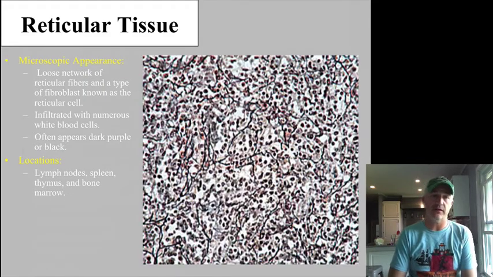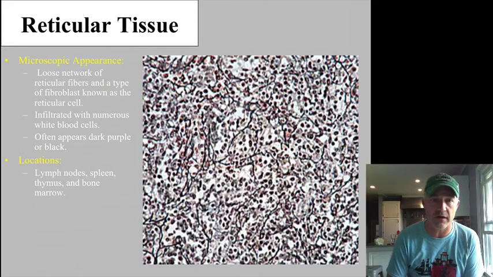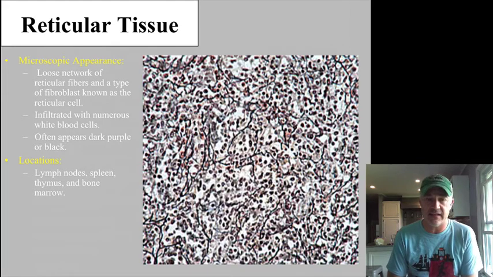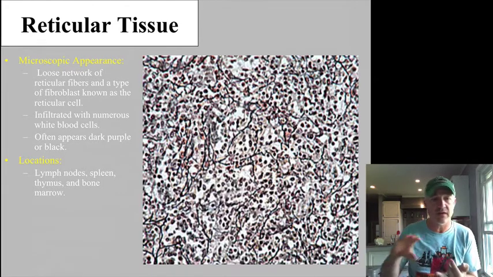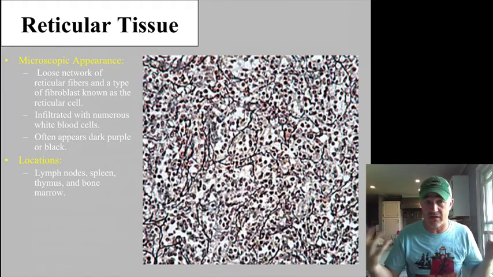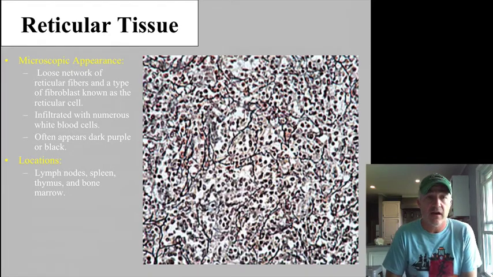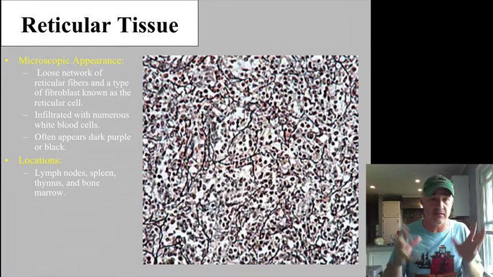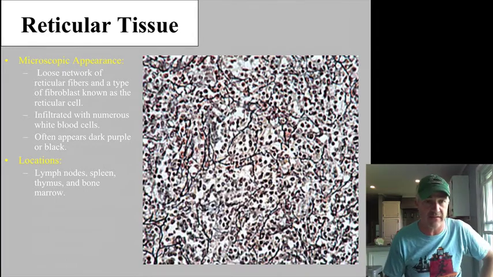Reticular tissue, again, is mainly reticular fibers. We generally find it in, like I said, those lymphatic organs. This tends to make a scaffolding or framework for these lymphatic organs. So we see it in places like lymph nodes, the spleen, the thymus, and the bone marrow, which are all considered lymphatic areas. Like I said, reticular fibers and reticular cells, which are the fibroblasts that make reticular tissue. Again, a lot of times white blood cells are spread throughout in these areas because a lot of your lymphatic organs are doing